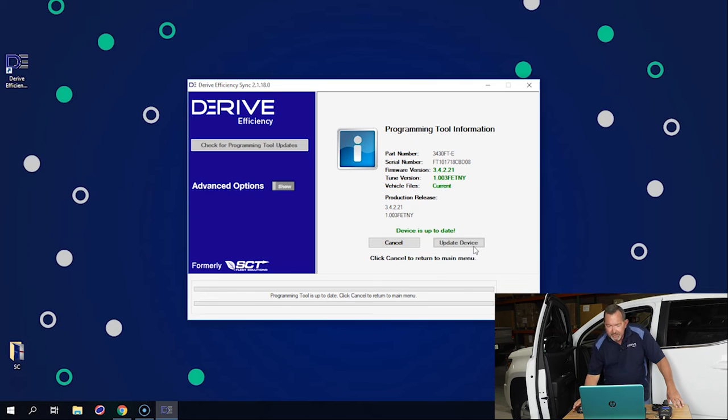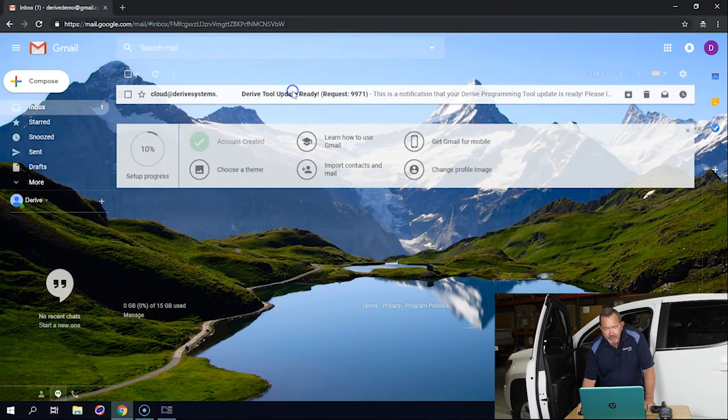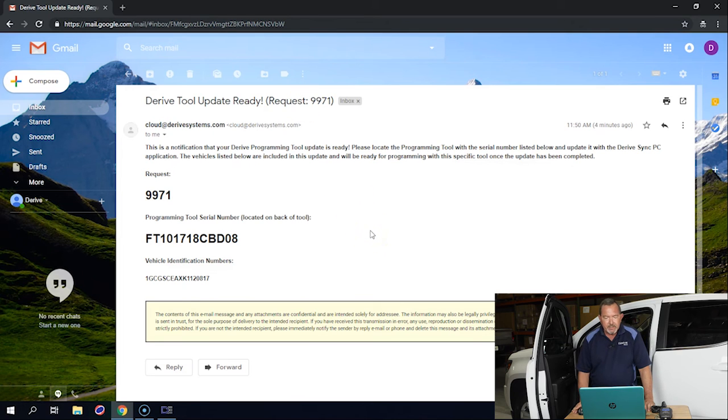All right, now at this point, we're going to wait for an email to come back to us saying that the seed key is available and it's ready to back up the programmer again to transfer it from the computer into the programmer. All right, we have received an email stating that there's an update ready. I'm going to click on that email. This is the page that you're going to see showing that the device is ready to be backed up. It gives you your request number and also gives the VIN number of the vehicle that we just got the update for. So now we're going to go back to the Derive Sync software,